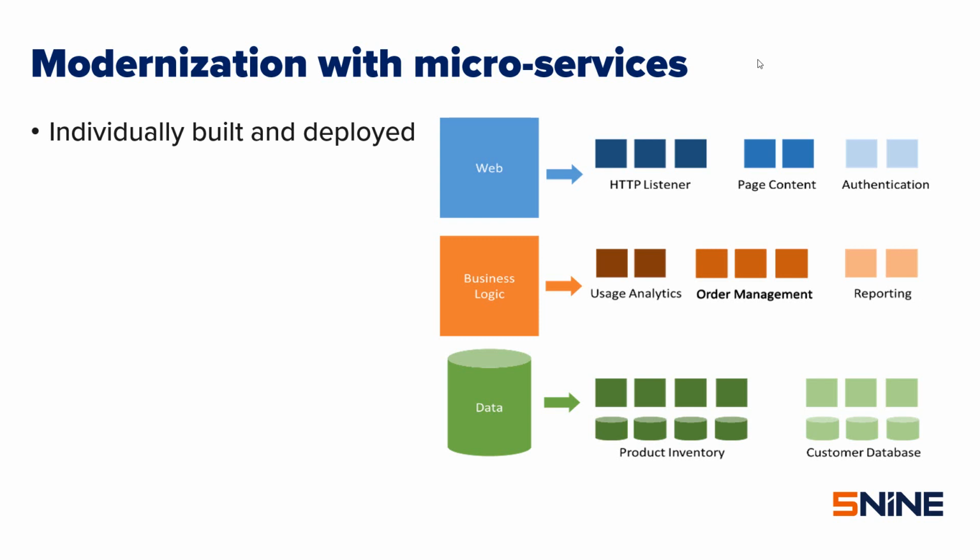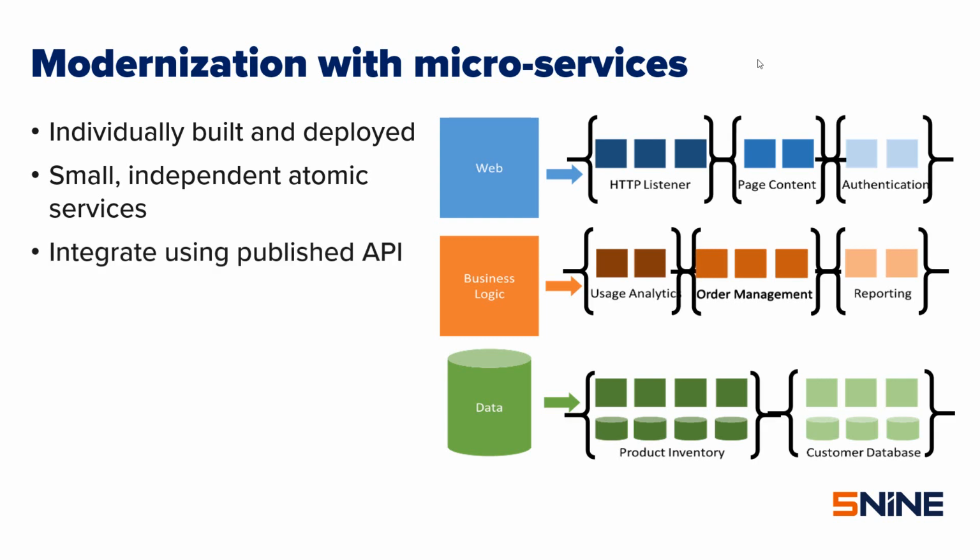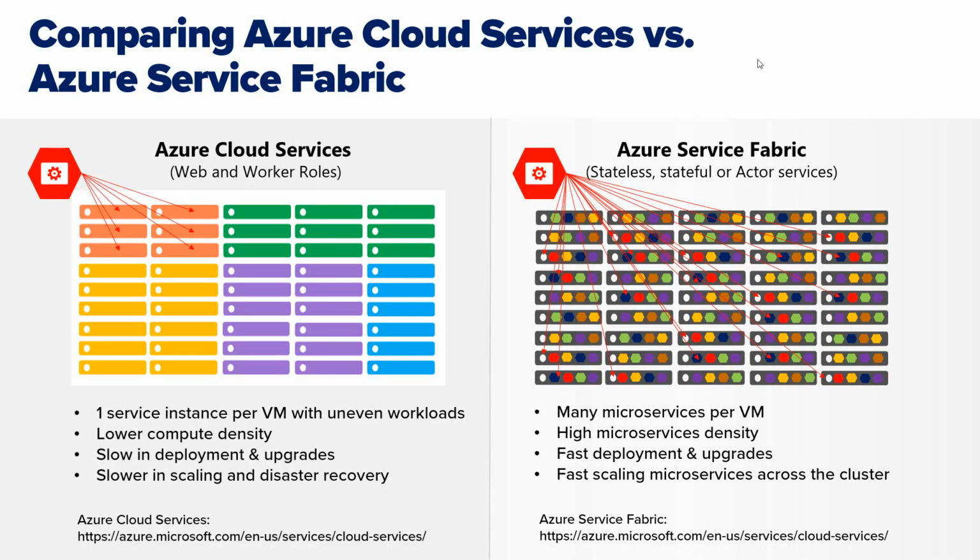These were individually built and deployed. They were very small, independent atomic services, because one is like an HTTP listener and page content, and then authentication. They integrate using a published API, finely grained and loosely coupled, which is really important. And if you compare cloud services and Azure Service Fabric, they're definitely different